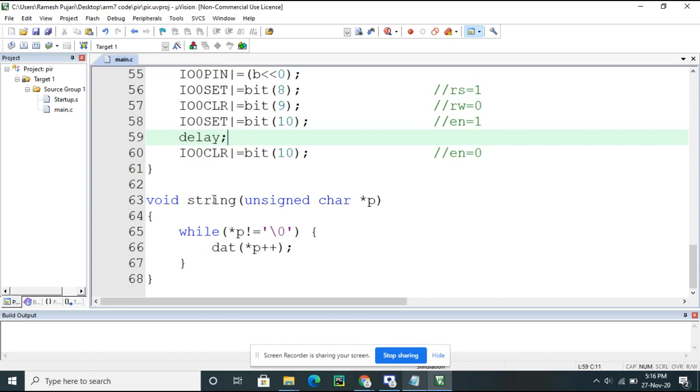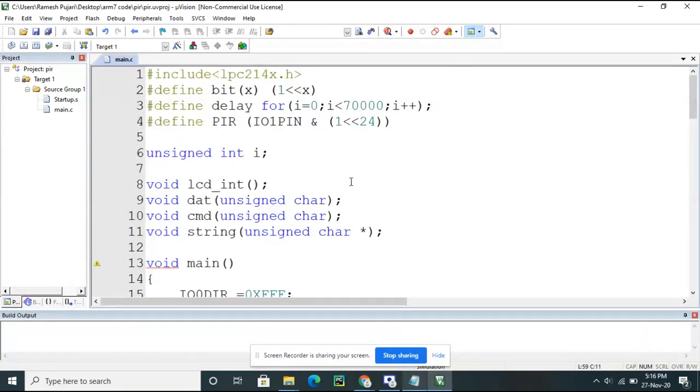Till now you got to know how to create the project and the code explanation. After that I will show you the output of the PIR sensor, the interfacing and the demo, the output of this code that you will get on the LCD. Those things I am also going to show you on the hardware part.